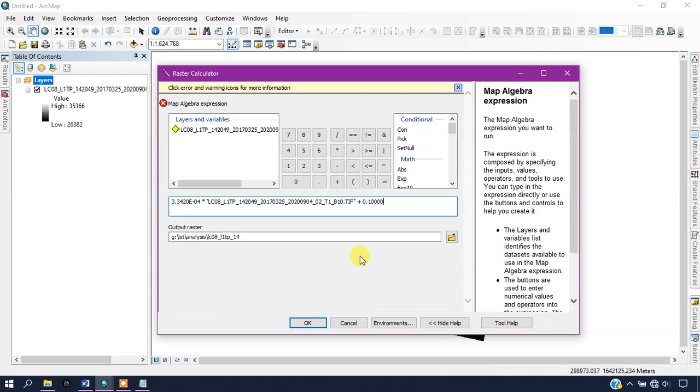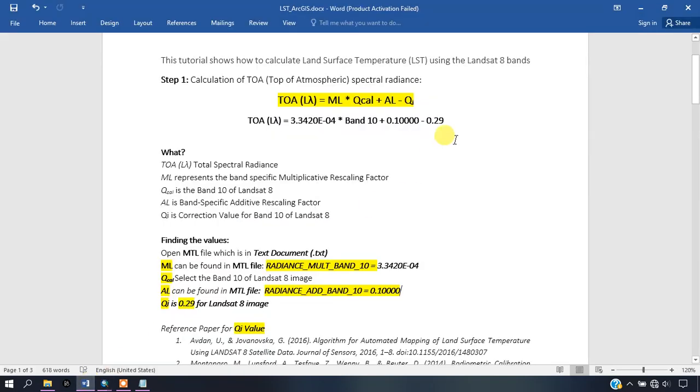Now we have to put it here, and we have to finally subtract QI. QI is nothing but a correction value for band 10 of Landsat 8 imagery. So the QI value is 0.29. Just copy the value, and this value is for the Landsat 8 image.